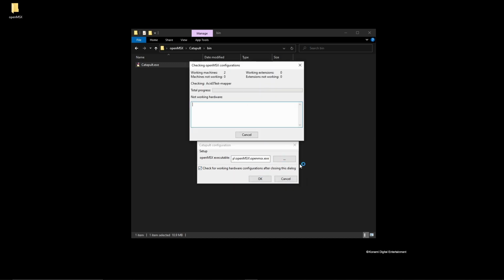And Catapult will now automatically go through all the machines that we have listed and will put them into either working machines, because it's found all the expected files, or machines not working. Since we use the system.rom.zip file, we have been able to basically use all of these. It's going to take a little while, but in the meantime, as we wait here, we're going to come back